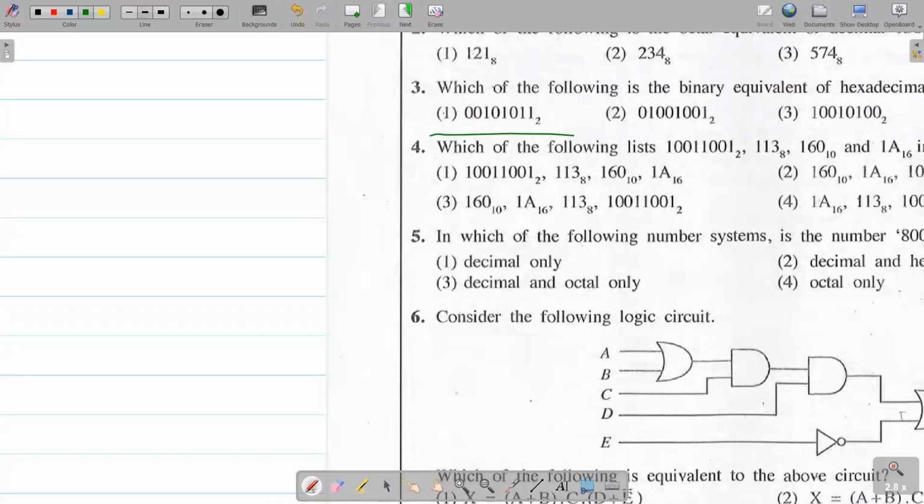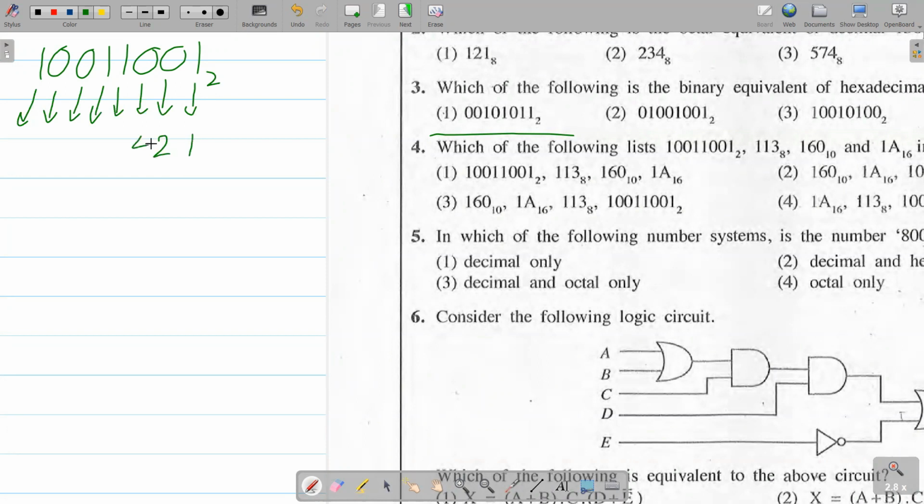So when it comes to the binary value, we have 1 and 2 zeros, 1 1 0 0 1, right? So the binary representation is going to be, so you take the place values. It says 1 2 4 8